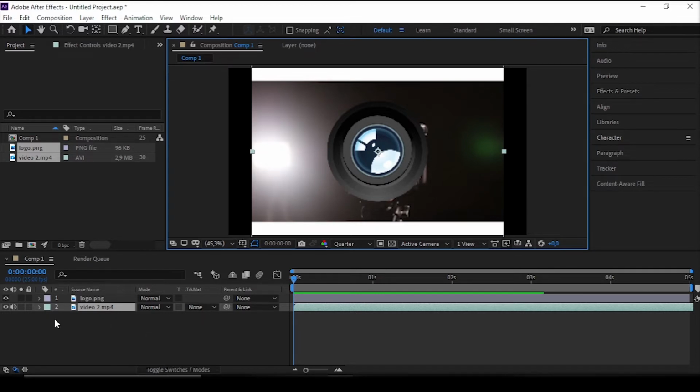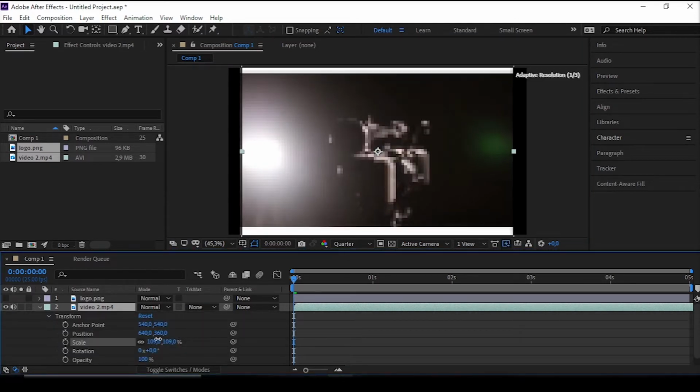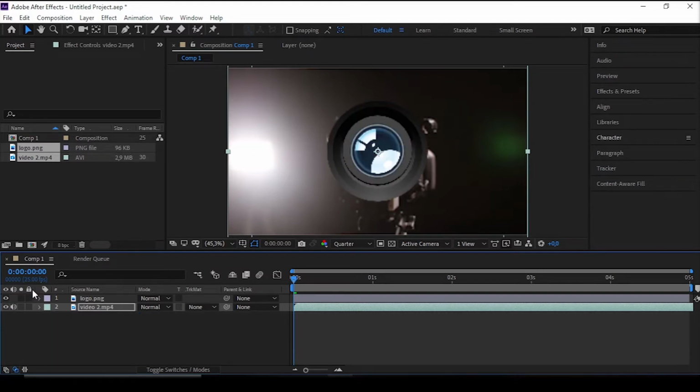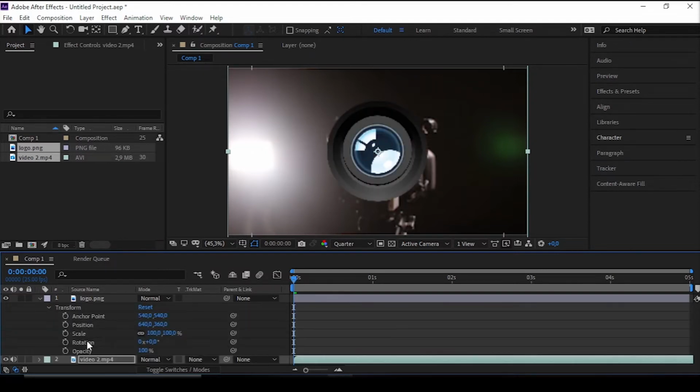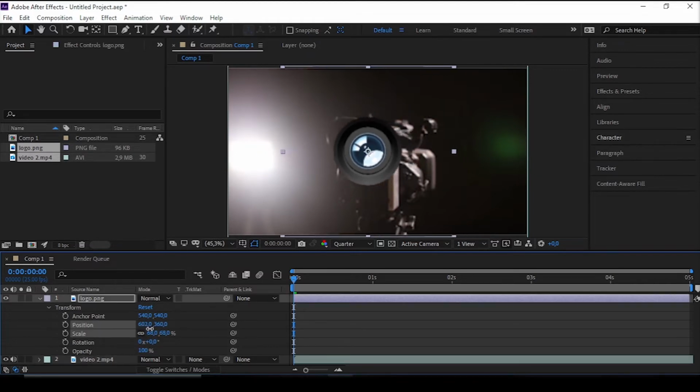Moving forward to the more interesting stuff, animating. I'll turn off the logo layer for a while, and I'm increasing the video scale so that it's covering the whole screen. Okay, I think it's fine now, and I'm decreasing the logo scale a little bit. Here. Nice. You see here the proportions we can change.